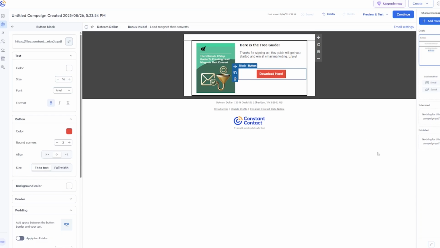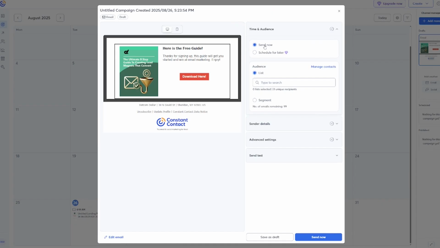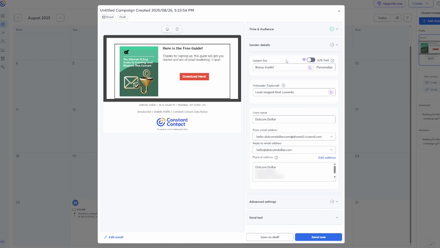And once you're ready to send to the real list, now we want to click on continue. And we can either send it now or schedule for later. Now under audience, we're gonna have to pick a list, and I'll choose my contacts and double check all the information from the sender details. Once you're happy with that, then you can click on send now to send the actual email out to your